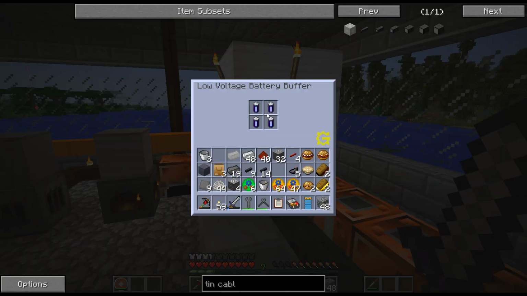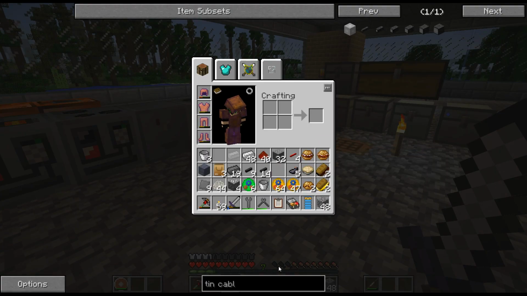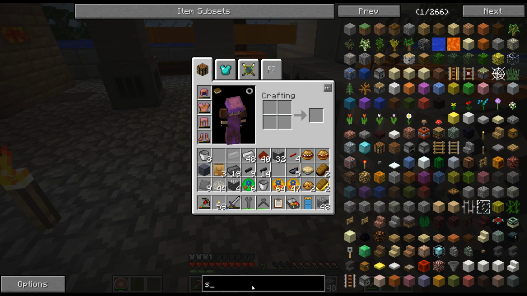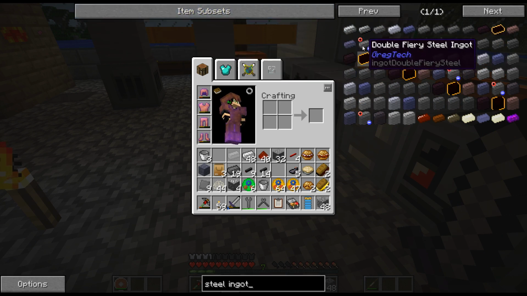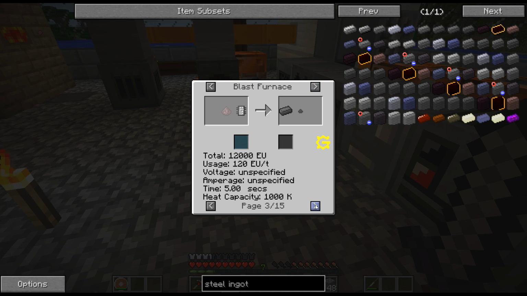Now that I have batteries, I need to maybe start thinking about my blast furnace. But I'll still use my primitive blast furnace for my steel, I think. Because to do steel in the electric blast furnace, we can even find which one is the right one. So there we go. So blast furnace, I will probably be doing, not iron dust, iron ingot is what I was...